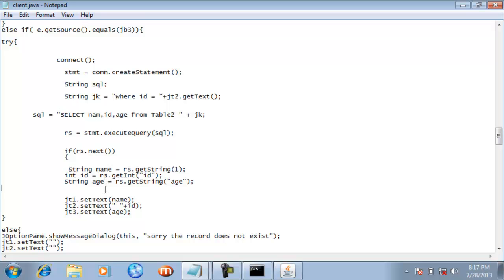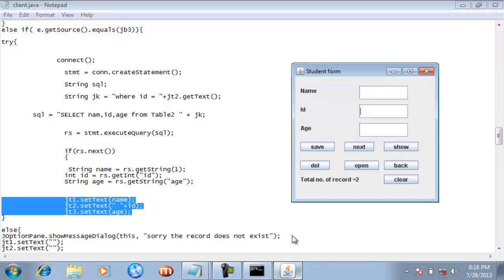So in this way guys, you will fetch all the information from rs object into the local variable as you have seen. But now guys, we have to display this information on the student form. So for displaying those information in the text boxes which is existing on the student form, we have used these methods: jet1.setText, jet2.setText and jet3.setText. So with the help of these three statements, we are able to display all the values from these variables into these three text boxes. Okay, this is jet1, jet2, jet3.